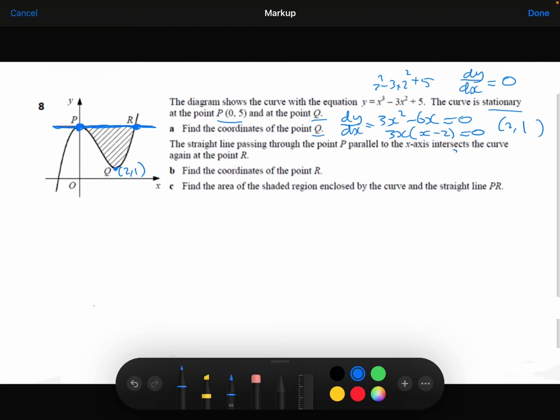Now, remember, this point here is the point y equals 5. I know that from the y coordinate of point P. So therefore, this line is just very simply y equals 5. The y coordinate is always 5 on this line. So if I take my curve, x cubed minus 3x squared plus 5, and make that equal to 5, take the 5 away from both sides,